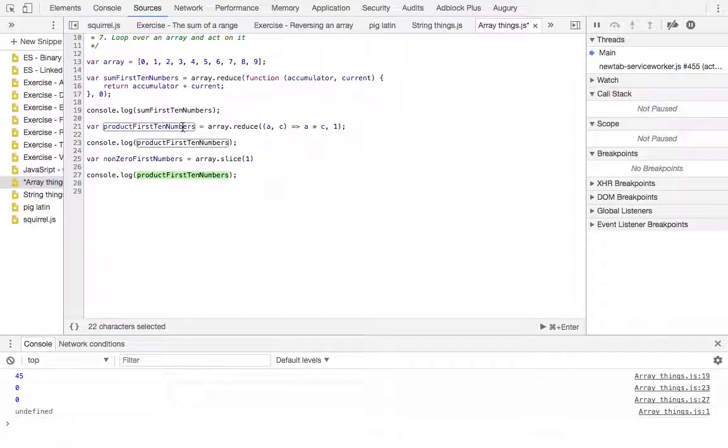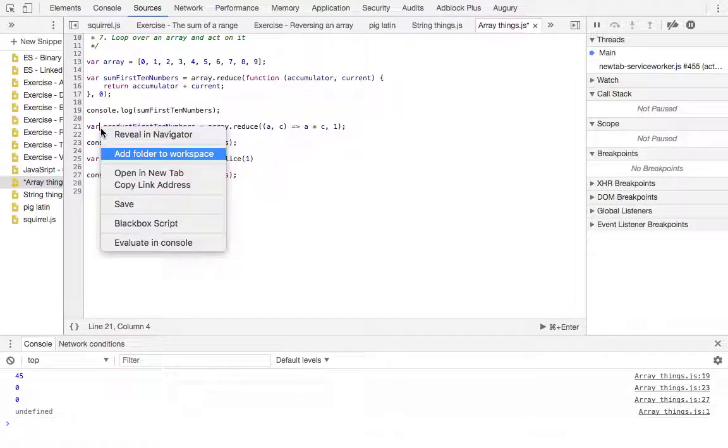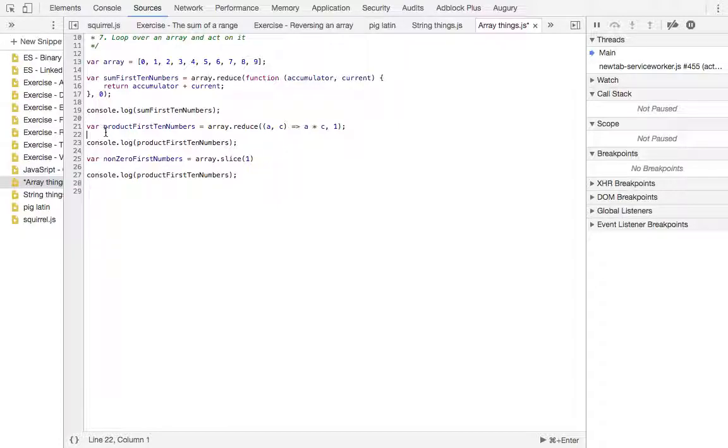So product first and numbers still goes to array. That we cannot do. So what we will do is we will say product. We'll copy this thing from here. We don't need this, and all we need is this moved here,